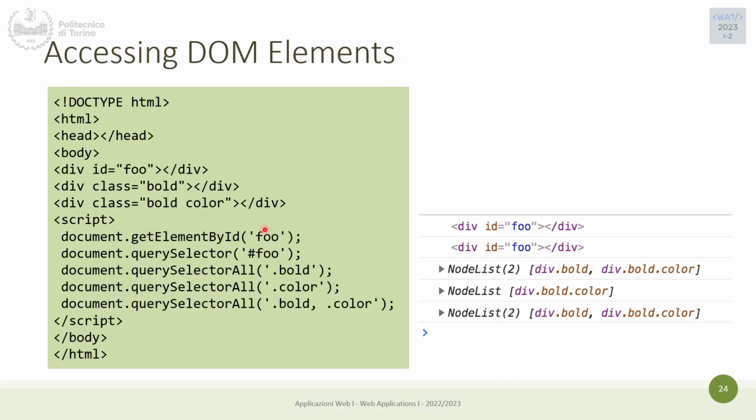Okay, so here you are addressing this ID. Here you're using querySelector # foo, which is basically exactly the same behavior as the previous one, because if you remember, the # addresses an ID. And you have, for instance, querySelectorAll .bold to obtain this div, which has class bold, and this other div, which has class bold. And if you see the last one, it addresses specifically all the elements